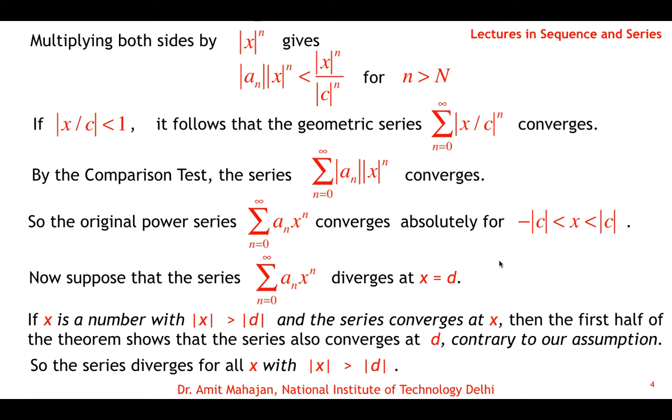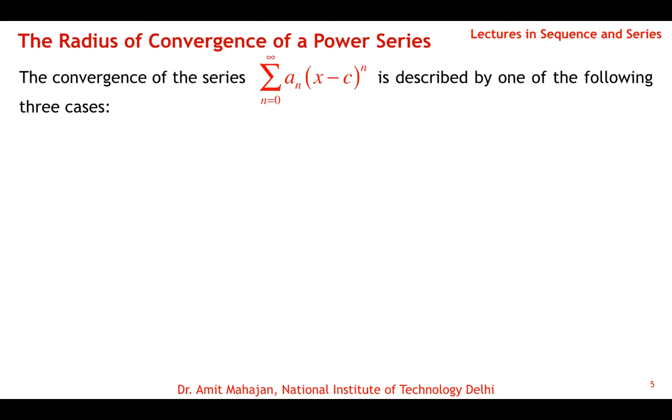From there we can define the radius of convergence of a power series. So the convergence of this series a n x minus c power n, where n varies from 0 to infinity, is described by